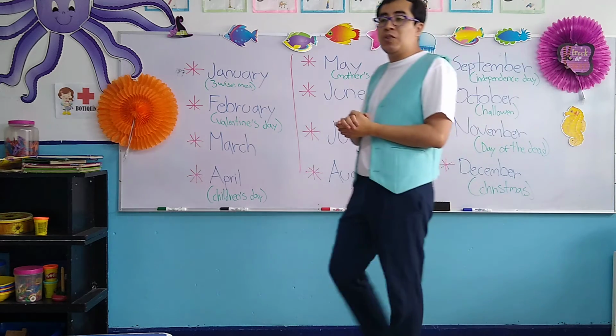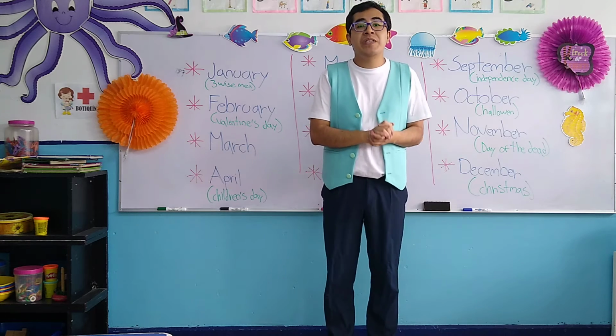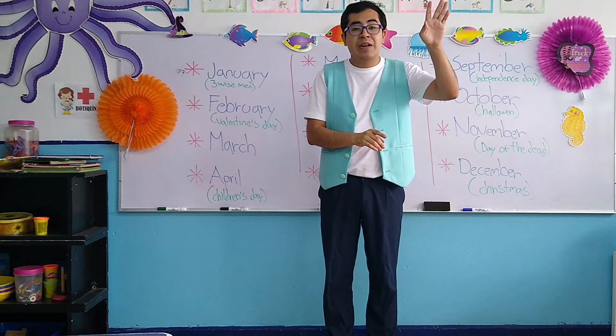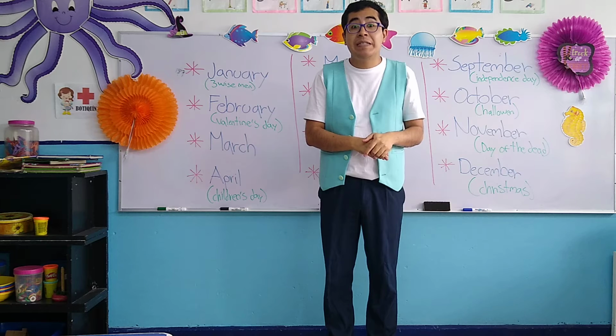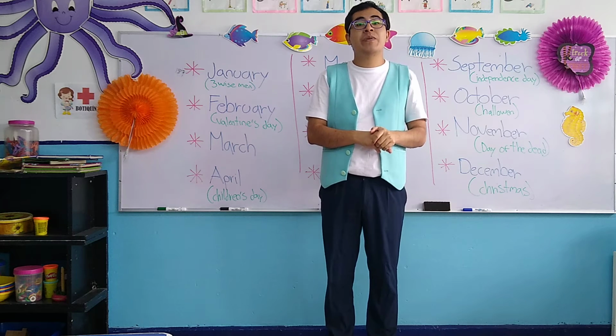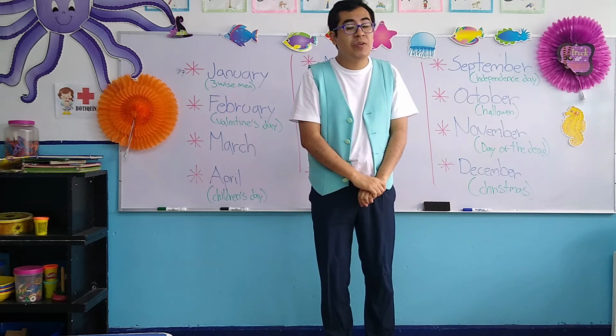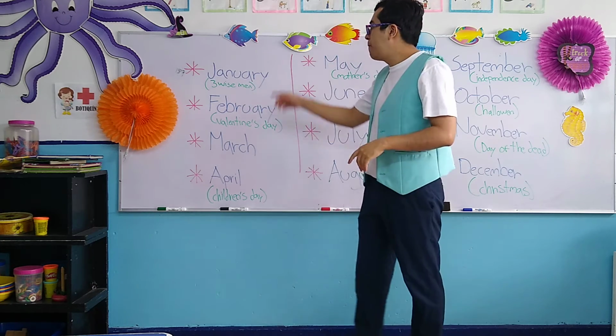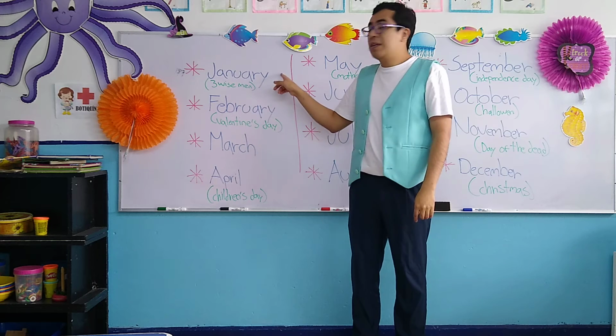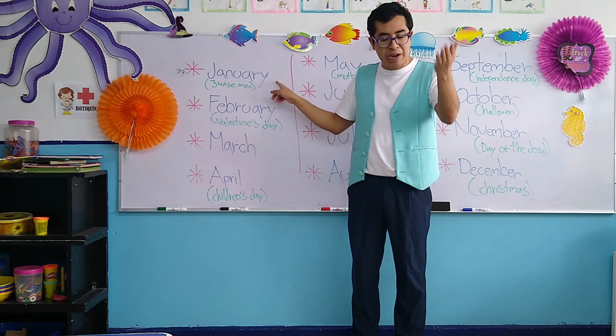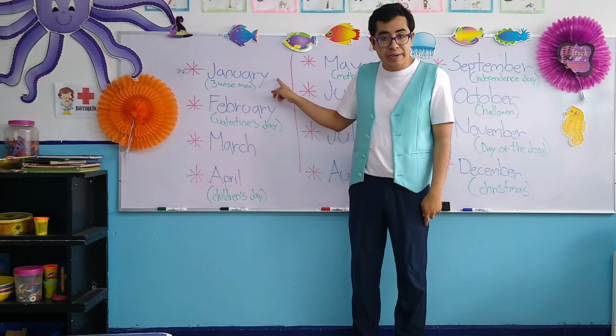Now, once again, my children, first we are going to repeat them in English and then we are going to see important dates, después veremos fechas importantes that happen or occur in this type of months, okay? So let's start. The first month of the year is January. Please repeat after me. January,